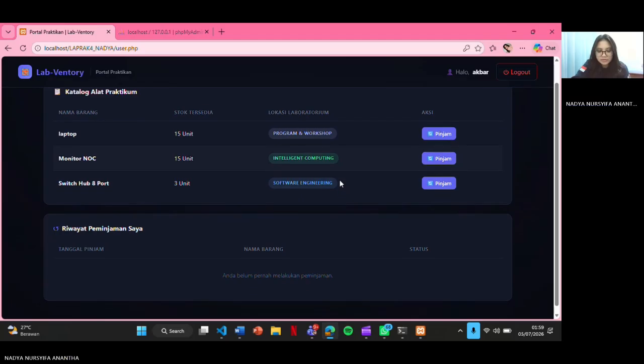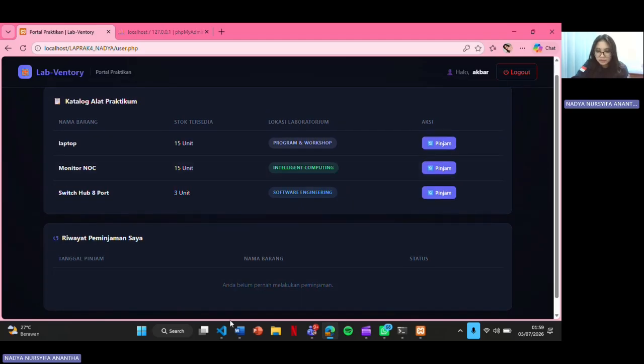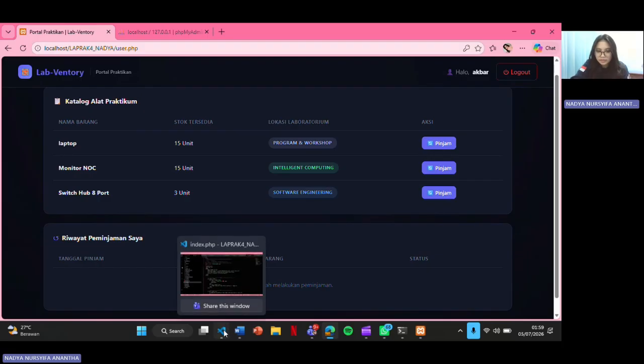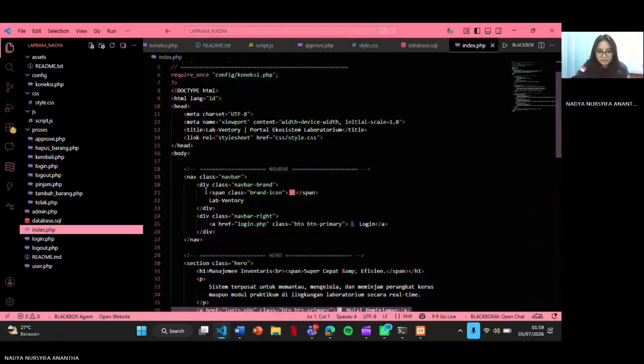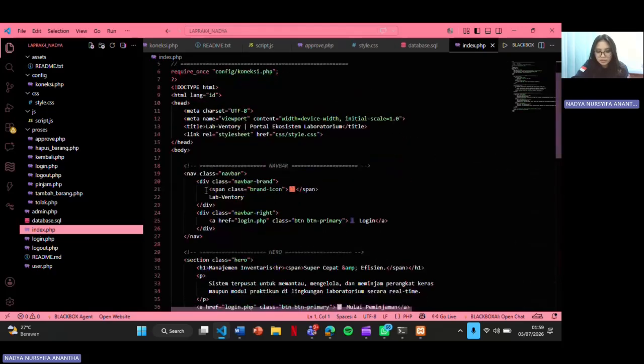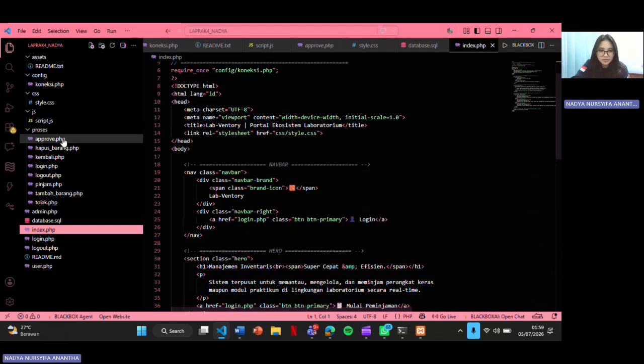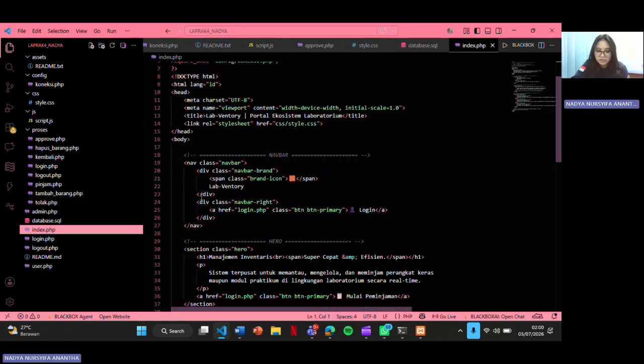Now I will describe this code. Database connection config is in connect.php, which connects to MySQL using MySQLi and also starts the PHP session.